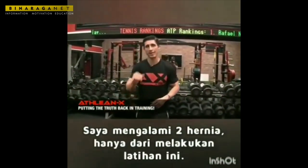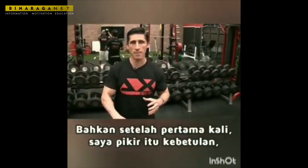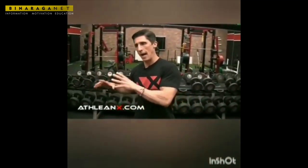I've had 2 hernias literally doing this exercise alone. And the thing, again, to show you how much I liked it, even after the first time, I figured it was a fluke. I kept doing it the way I was doing it, and I actually suffered a second hernia a couple years ago. The straw that broke the camel's back for me was when I just had a high-performing